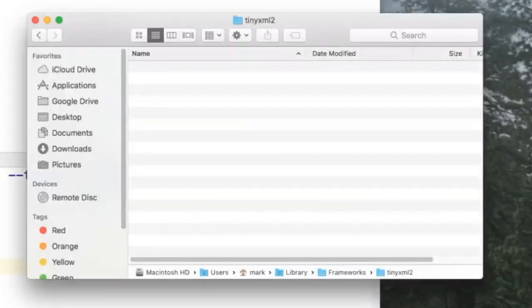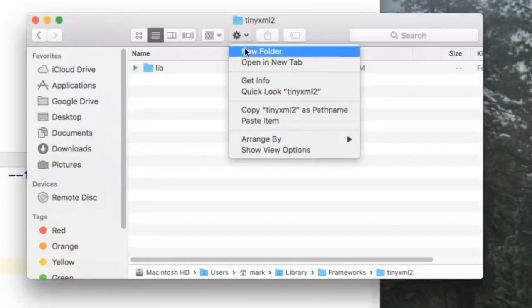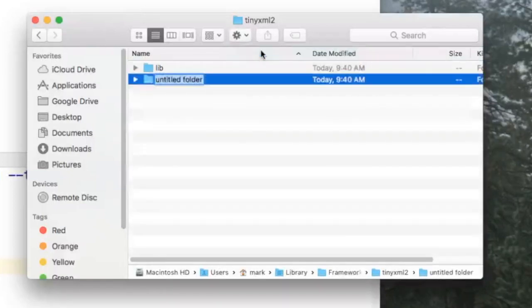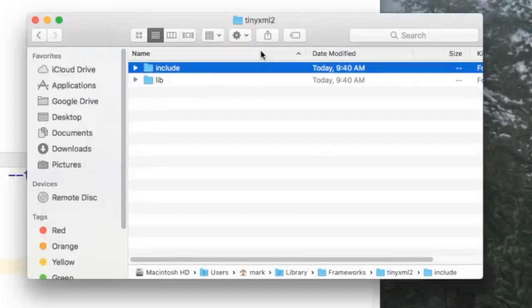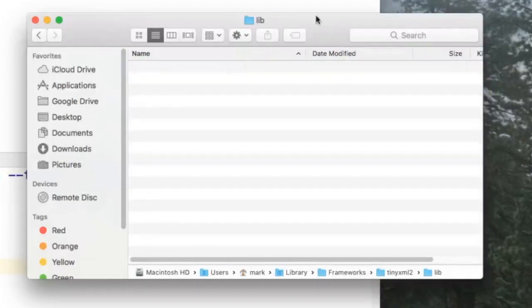And so what am I going to put in here? I'm going to go inside here and create 2 more folders. I'm going to create lib, which is short for library, and I'm going to create include. In the lib folder, I'm going to go inside, and this is where I'm going to put